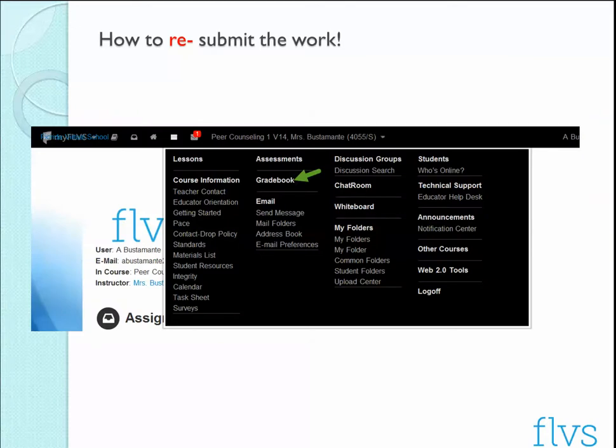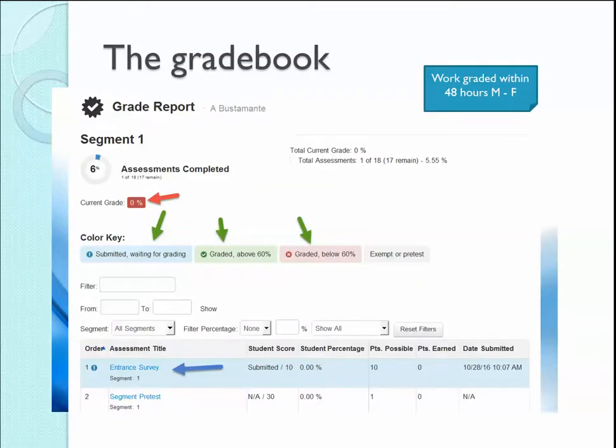So to get to your gradebook, you're going to click on the main menu button there, the little three lines, and click on the gradebook. From there, you'll see your gradebook. Obviously, this is a demo shell, okay? Know that your work is graded Monday through Friday within 48 hours. And I want you to take a look at all this color coding and things like that. So the entrance survey that I talked to you about earlier in the example, then what you want to do,